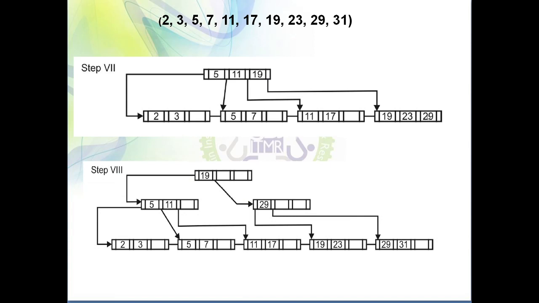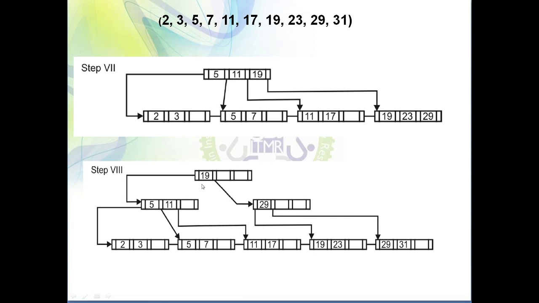Here 29 is to be shifted over here, and from here 19 is to be shifted to the next level. So here you can see 19 is shifted over here, and for this 19, the left child is what? 5 and 11 is the left child, and 29 is the right child, because this 29 is to be shifted over here. So 5 and 11 are in the left child, whereas 29 is present in the right child. Every time you have to make sure that the left child should be less than the root node and the right child should always be greater than or equal to this root node. In this case you may be wondering why I have not put 19 over here. I will also tell you about this, don't worry.